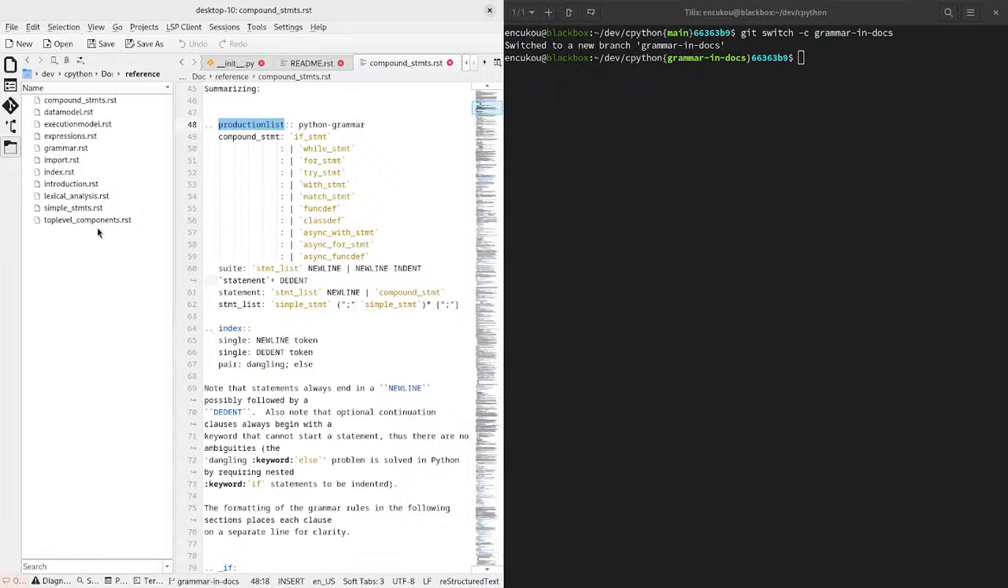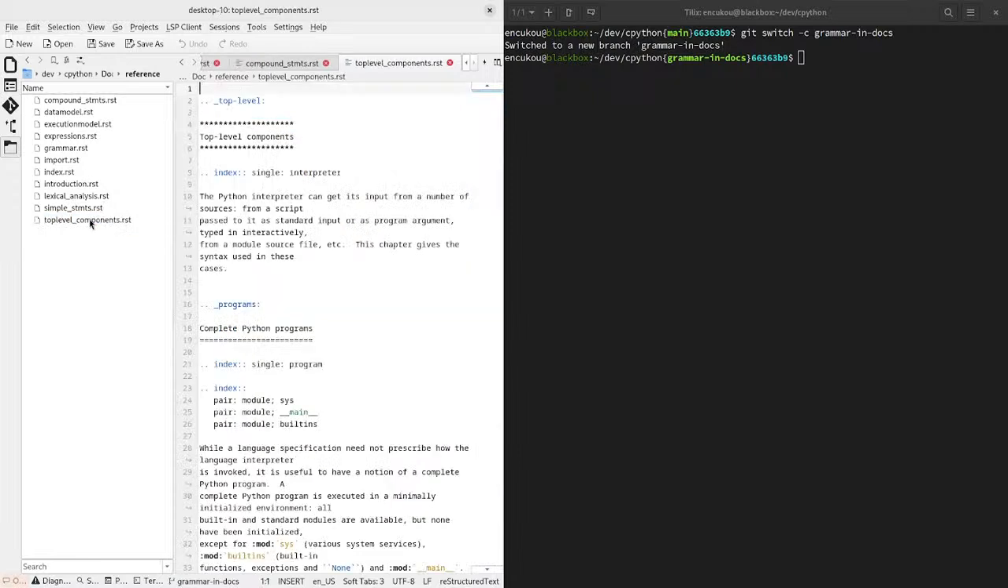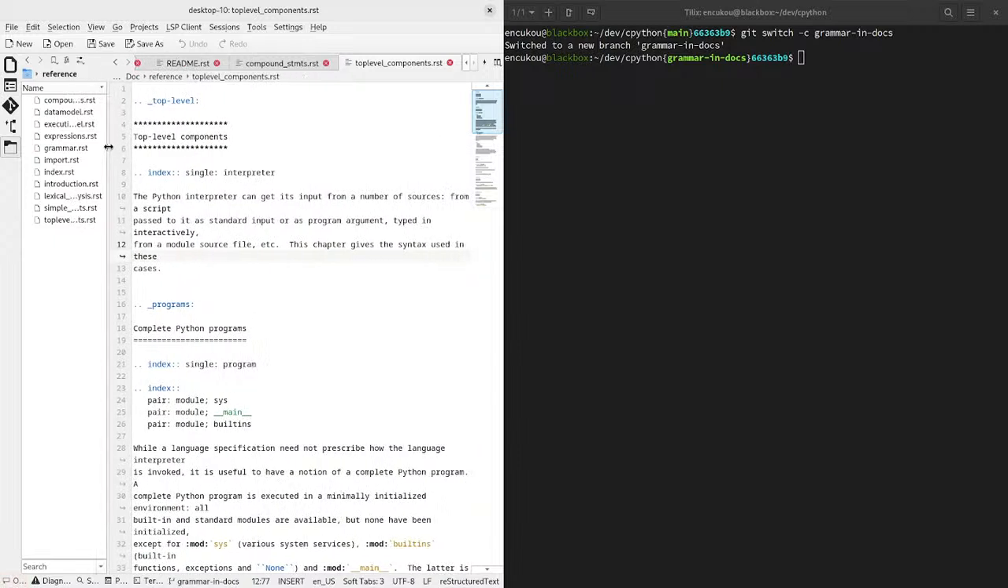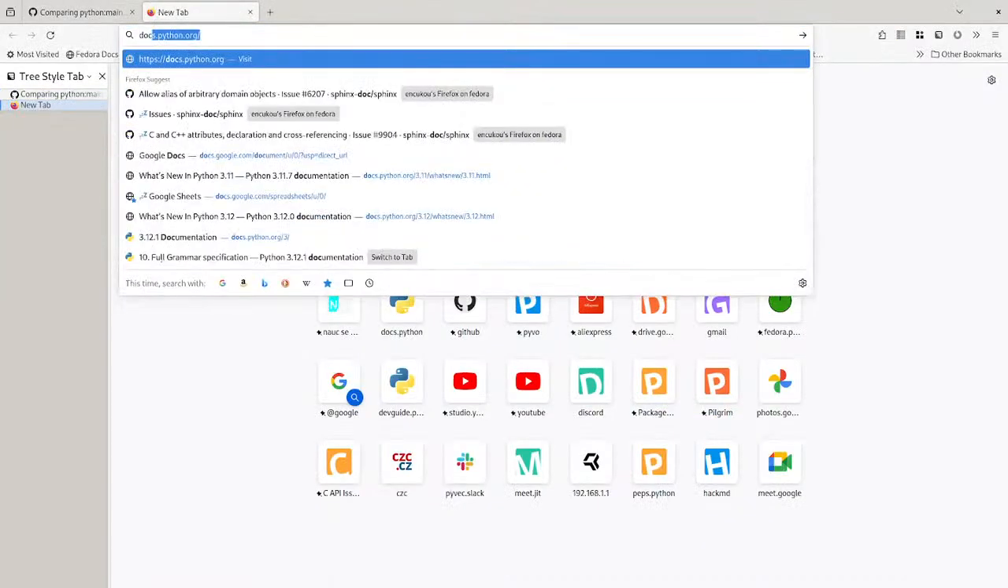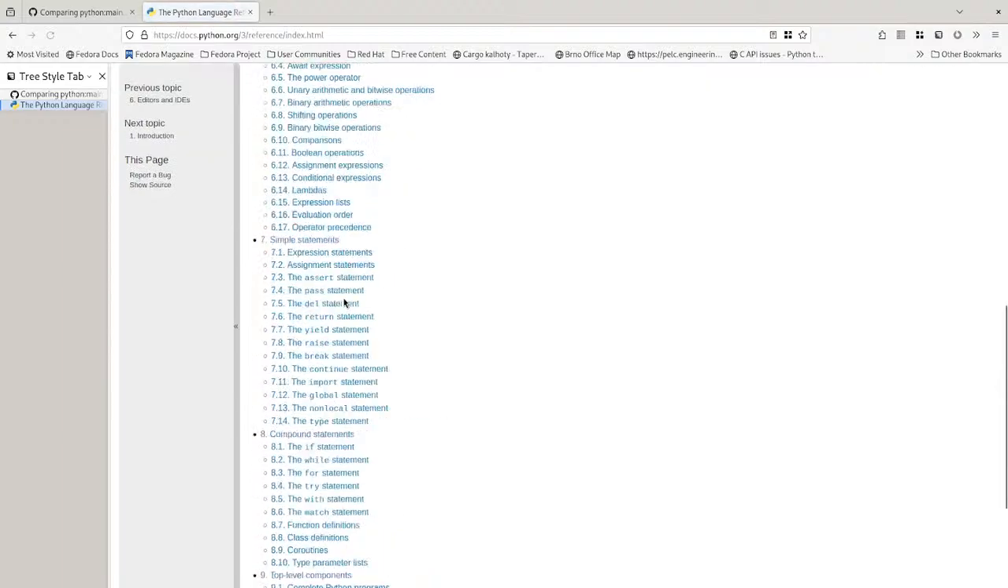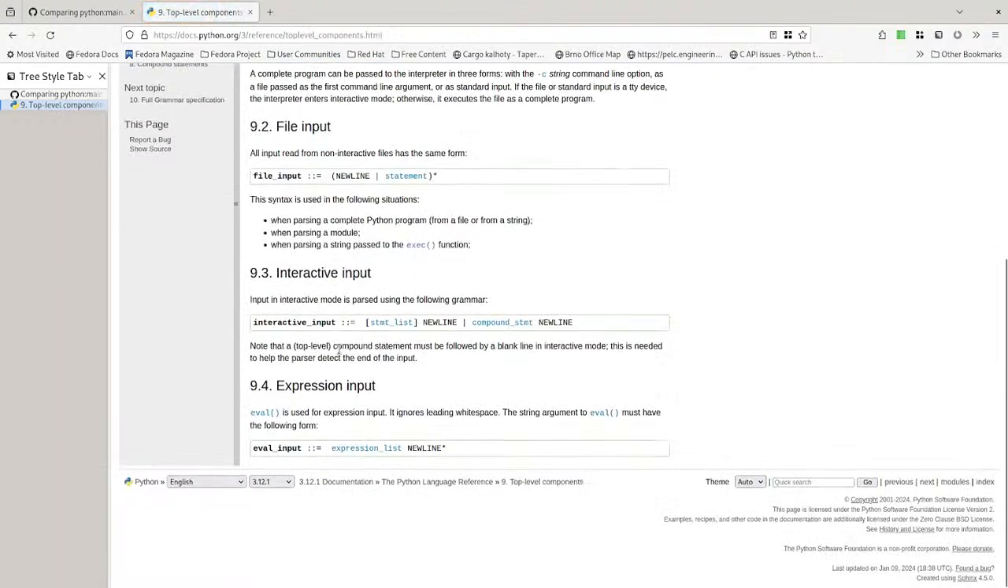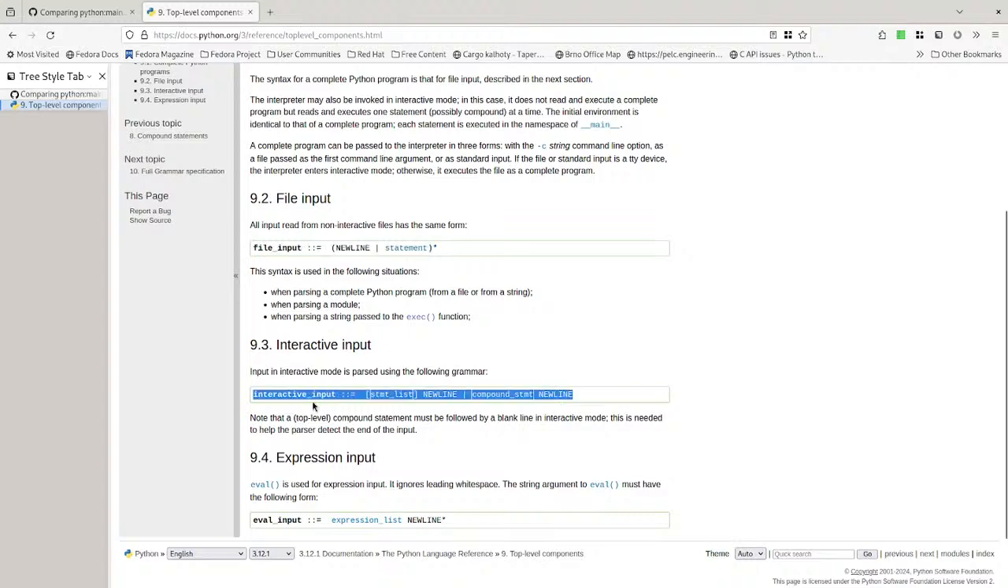So let's start with the simple cases, which is these top-level components. Let's see how that looks on docs.python.org, language reference, top-level components. So there are 3 grammar snippets right here, and I think my first actual pull request to CPython will be changing this page. So we'll have all the backend, all the functionality, but it'll only change these 3 lines